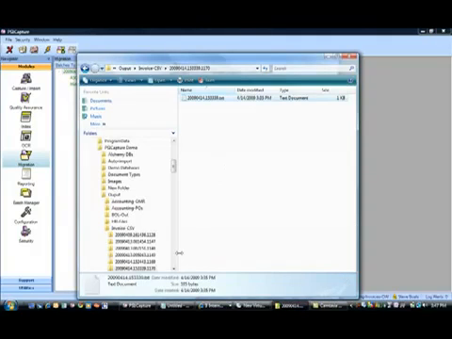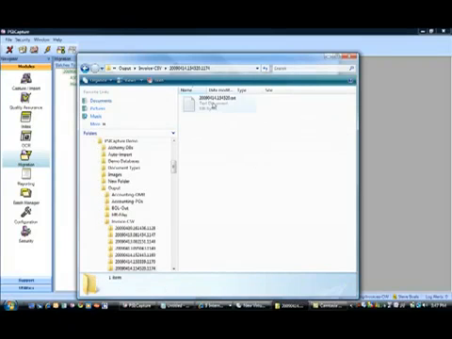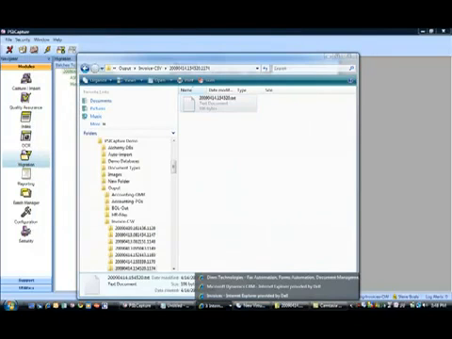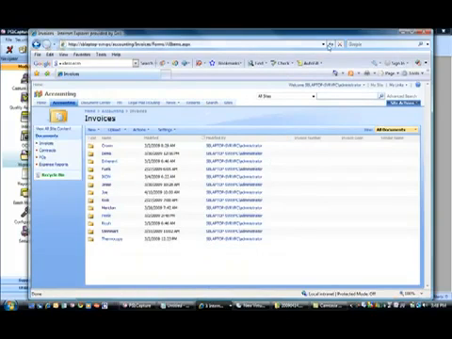So if I come into my folder here, this is where I outputted the information. And you can see that my output, I've got a nice pretty CSV file that I can work with. And if I open up SharePoint and look at my invoices,